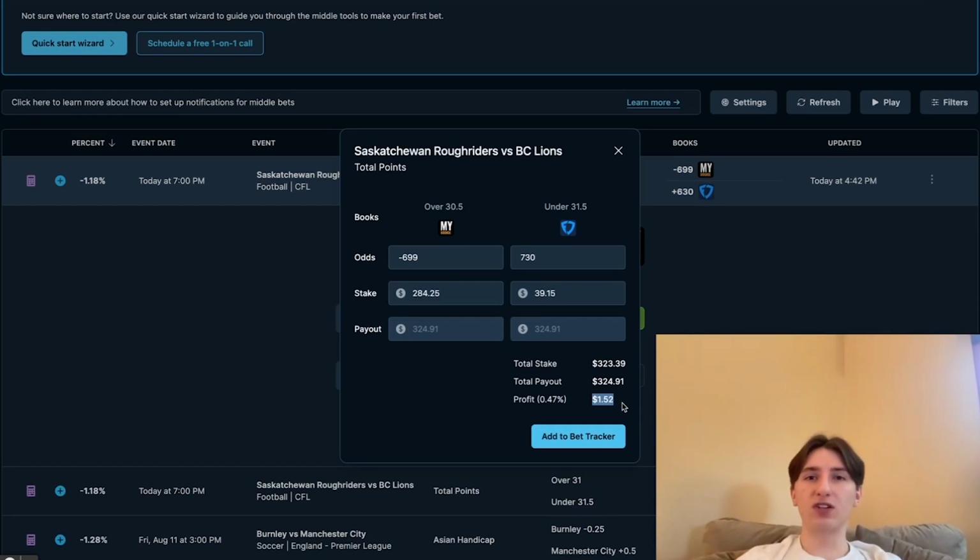But in the case where the game finishes with exactly 31 points, you'd win this bet for roughly $300, and you'd win this bet for roughly $40, and walk away with around $340 in profit. So it's low risk, high reward, because some middle bets you'll lose $1 to maybe $3. Other middle bets you'll make $1 or $2 in most situations. But if that exact one case happens, where in this particular example there's 31 total points, you win both bets and you make hundreds of dollars.